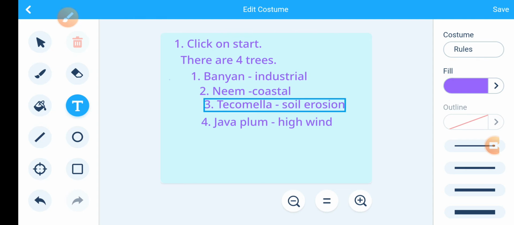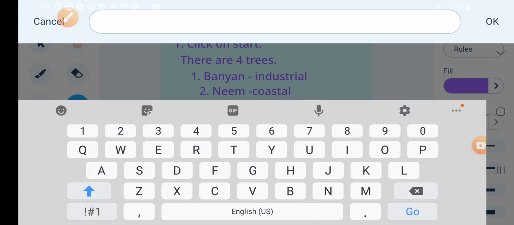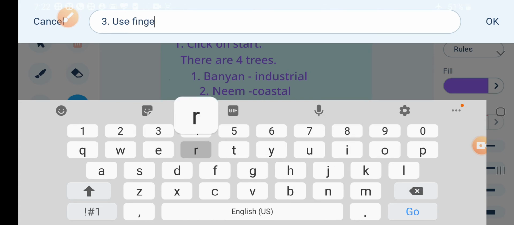Then next rule, use finger to move the tree.